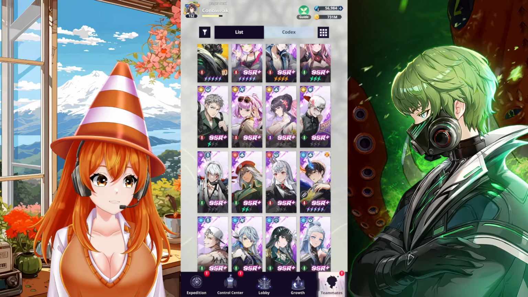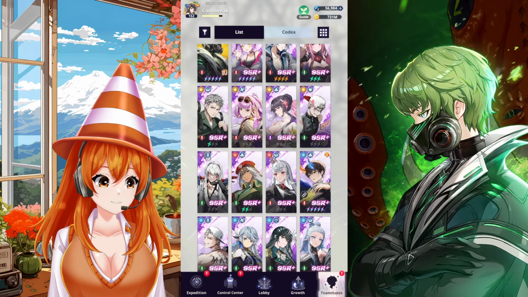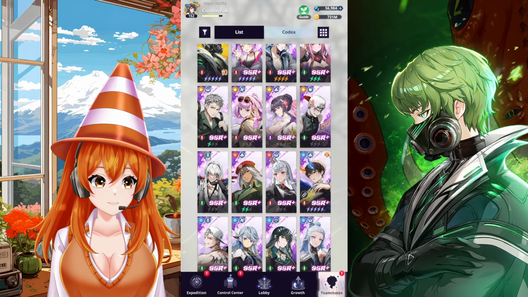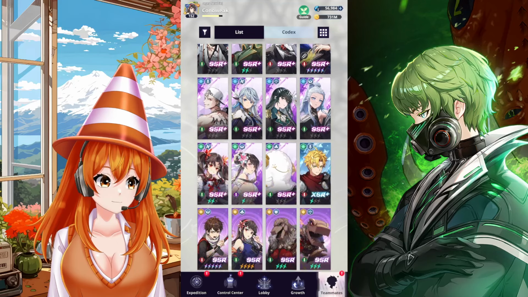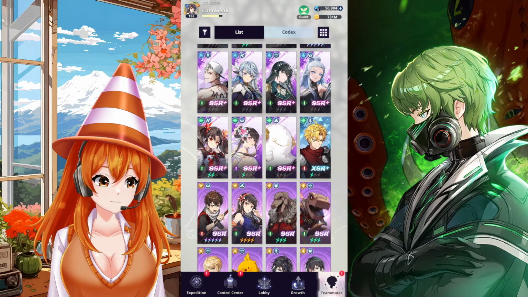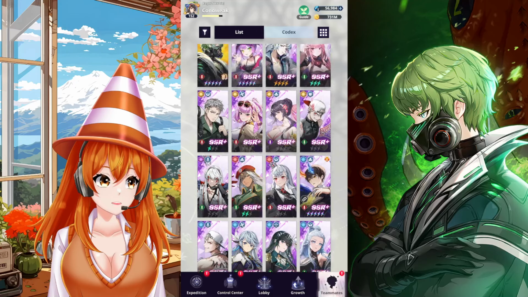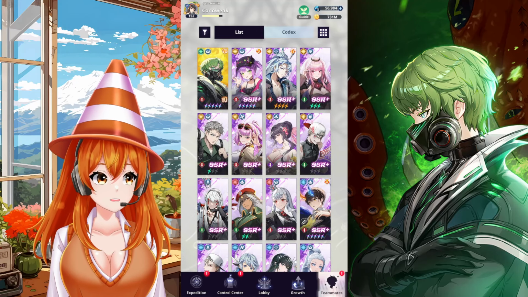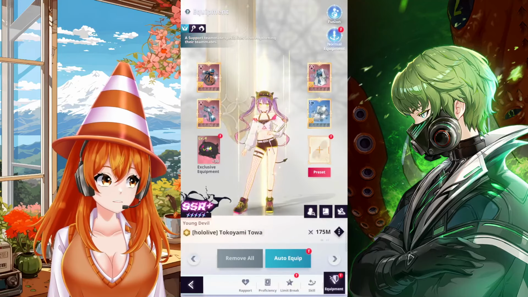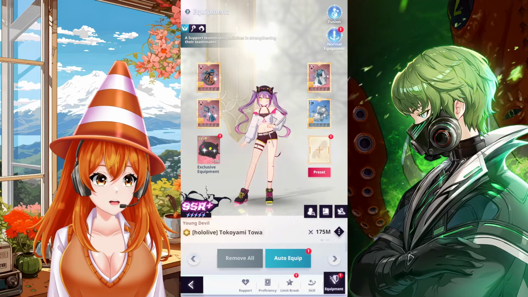Then the SSR Plus units I'm using in some teams are Irang, 0 dupes, Hugo, 0 dupes, Heaven, 0 dupes, at times, but not really frequently, Albelda, and maybe Anniversary, but those are more or less the ones I'm currently using. If we talk about investment, as you could see when I clicked on Towa for a second, she still